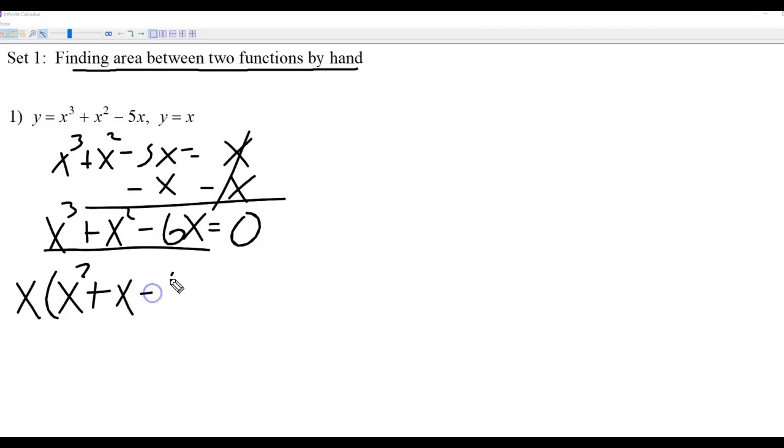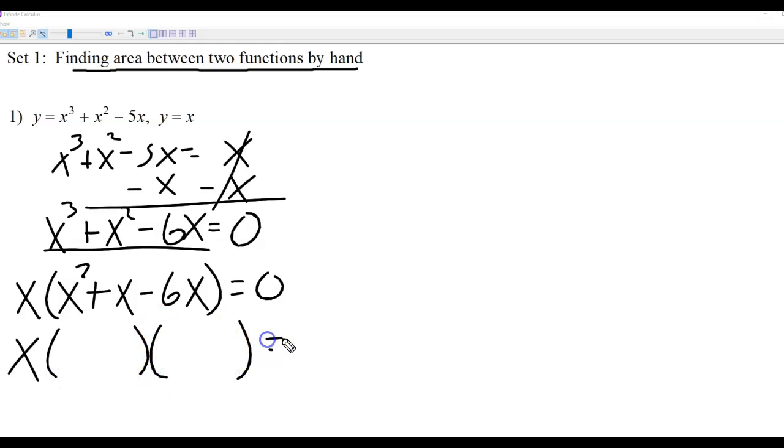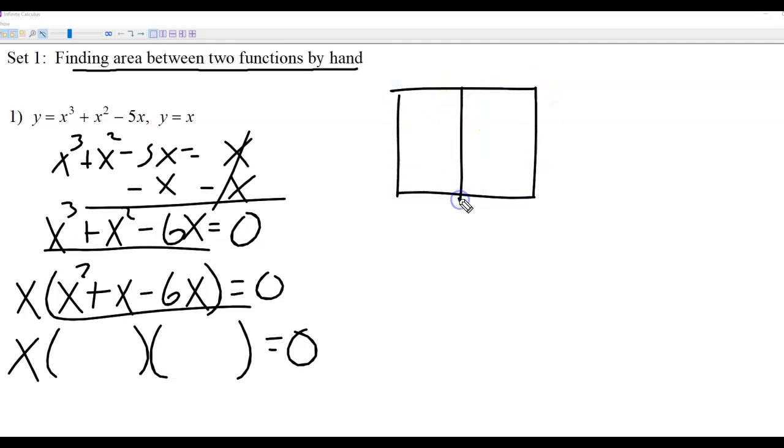So I'm going to take an x out of everything. The next thing you're going to do is the box method or the reverse FOIL method, whatever works for you on this trinomial here. Sometimes you get a difference of squares, and that's even easier. If you need help reviewing your factoring, I'm going to erase this soon, so if you want to get it before I erase it, you put your first term here, you put your last term. I just realized I left a mistake here. That 6 should not have an x next to it anymore, so I just erased that. You put your last term here,